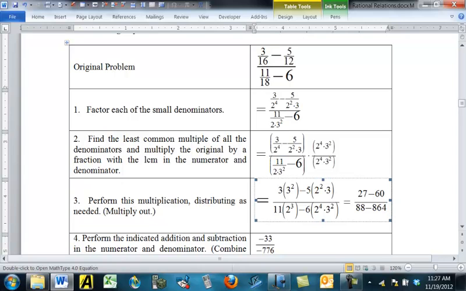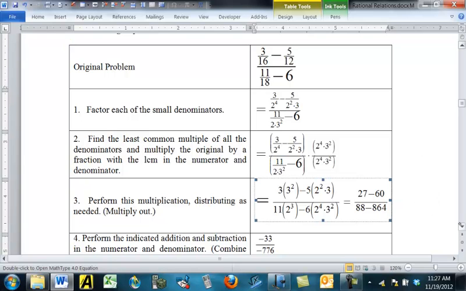So when I distribute in the top, the 2 to the 4th cancels, leaving me 3 times this 3 squared. So 3 times 3 squared, that's 27. And then the next one, the 2 of the 2's cancel and 1 of the 3's, so it leaves me a 2 squared times 3 times my original negative 5, gives me negative 60. In the bottom, 1 of the 2's and both of the 3's cancel, leaving me a 2 cubed times the 11, which is 88. And here, there's nothing canceled, so it's just negative 6 times that whole thing, which is